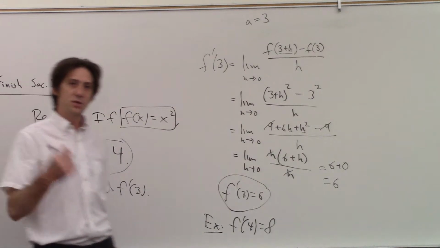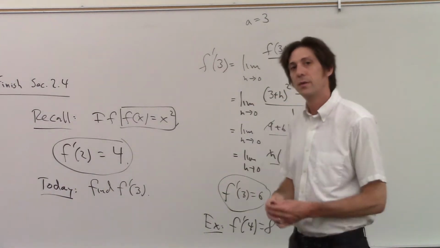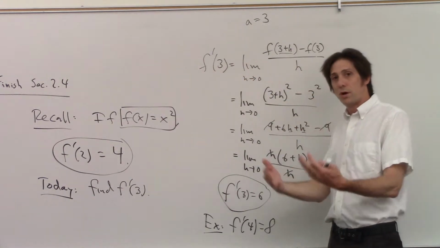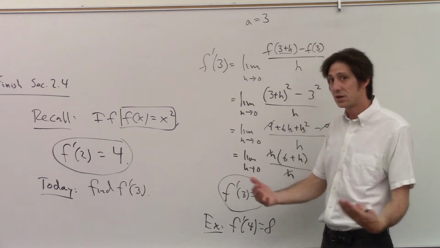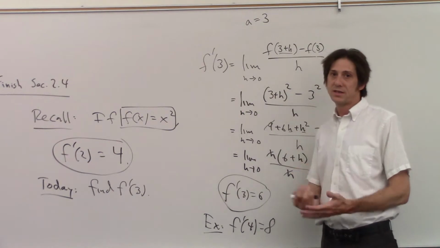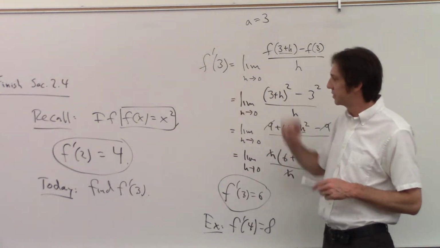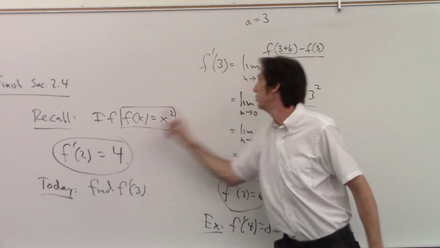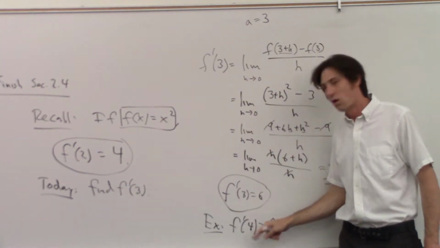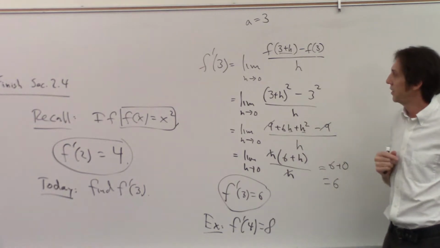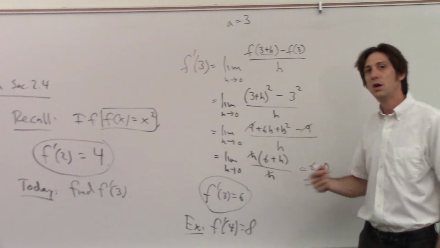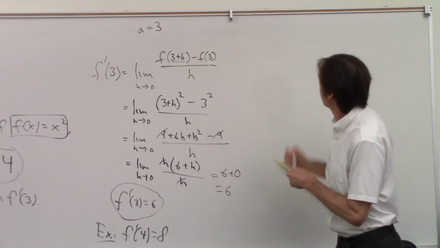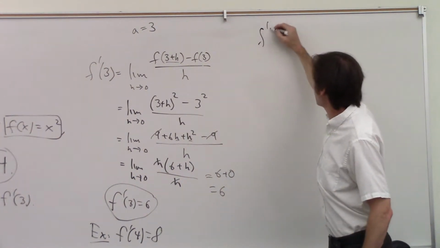And so here in section 2.4 we're changing our interpretation. At first, a derivative was defined to be a number, to be the slope of the tangent line at a given point, to be the instantaneous rate of change at a given instant. But if we change that instant, if we go from 2 to 3, or from 3 to 4, or if we try to think about the instantaneous rate of change at any other value, likely that rate will be different. And so now we want to think about f prime of x